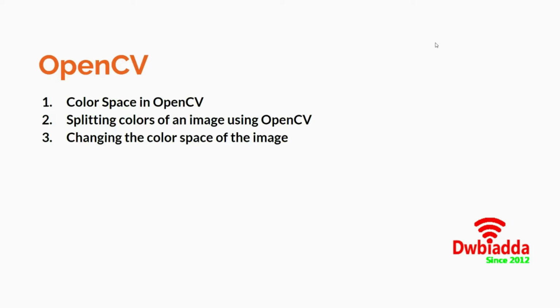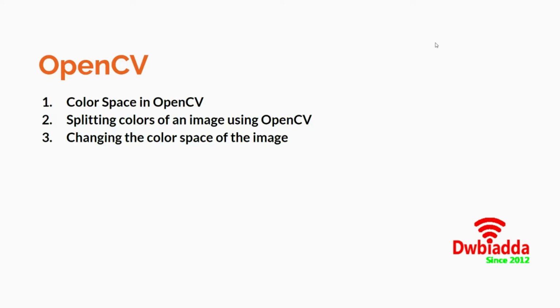Now, why is color space important for us? Because let's say you give an image to your system and you want to do some image processing or something of that sort to it. Every image is made up of pixels, or this is how your system views the image. Every pixel has a definite color, and the color in the pixel is the numerical combination in the BGR color space. So this is what all the values appearing in your pixel matrix, or the image matrix, are made up of. Hence, it is very important for us to have an understanding of the color space. So this is what the color space is.